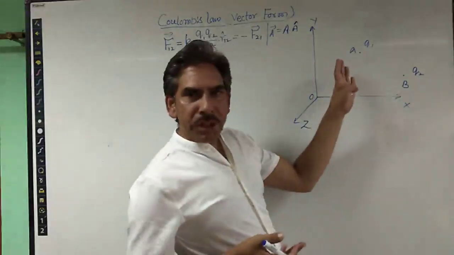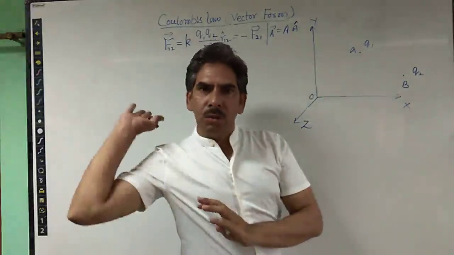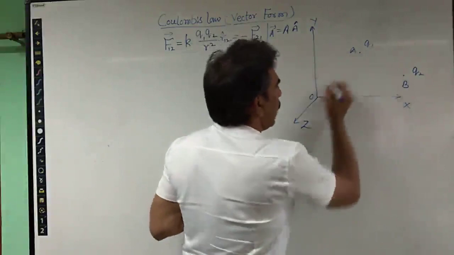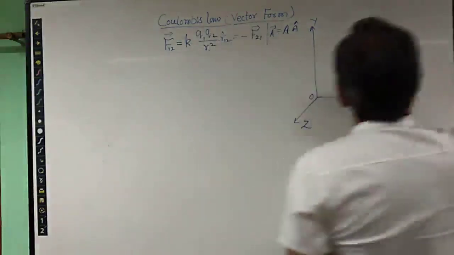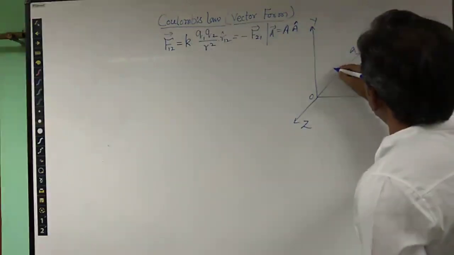By defining the positions of these two charges according to this coordinate system, we can put Coulomb's law in position vector form. So according to this coordinate system, let R1